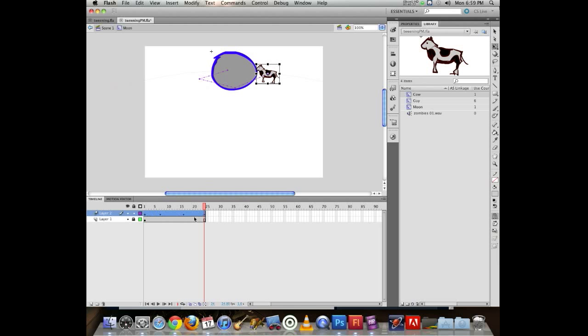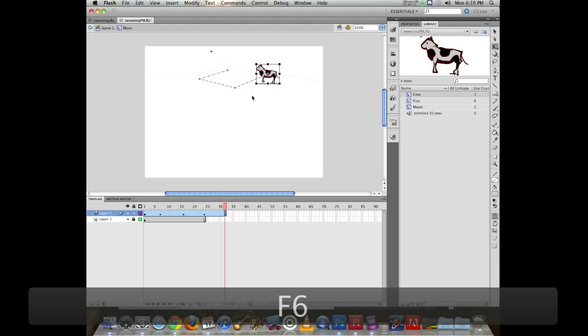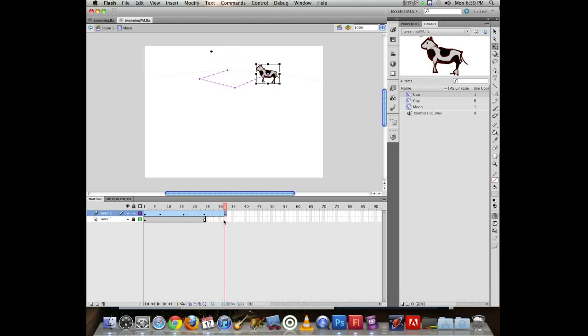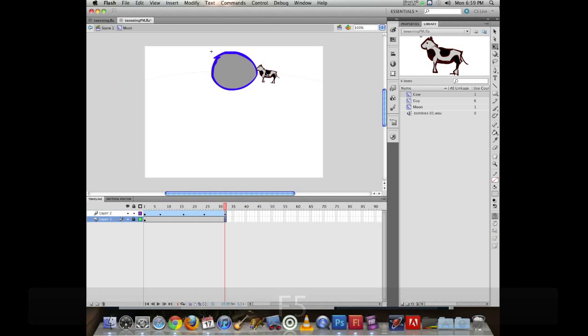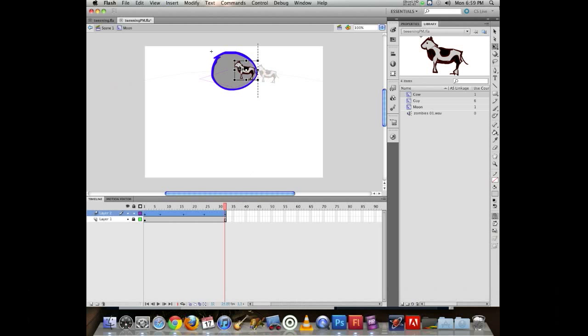So I've run out of room on my animation. Oh darn. The good part is if I want to add more, I can just click out in the timeline anywhere and hit F6. It adds in more. And see, I still need my moon. F5. Now I can see